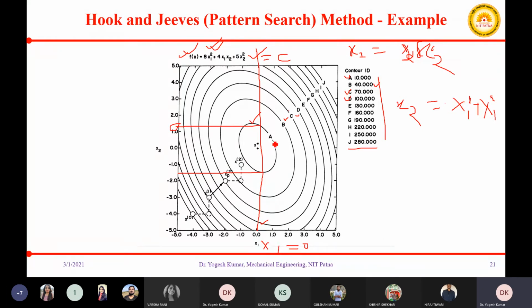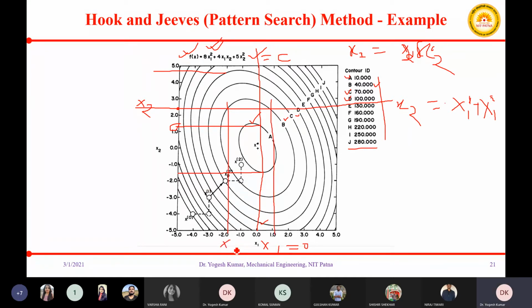Similarly, for any value of x2, suppose you are having a certain value like this, and if you draw a line, then for this value of x2, again for this particular function you are having two values of x1.